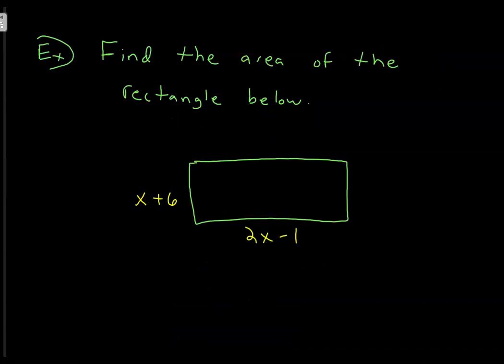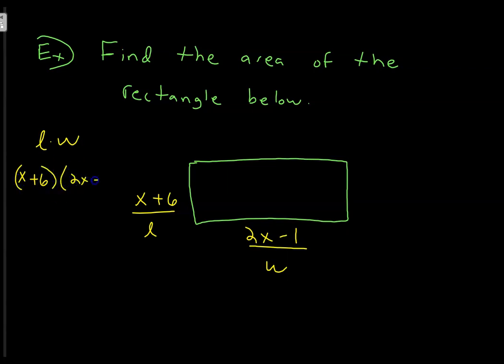Alright, final example is this. It says find the area of this rectangle. So this is my rectangle here. To find the area of any rectangle is length times width. The length of this rectangle is here. Call that my length. My width is here. But truthfully, it doesn't matter which one you call length and width. Since the area of the rectangle is length times width, it should be x plus 6